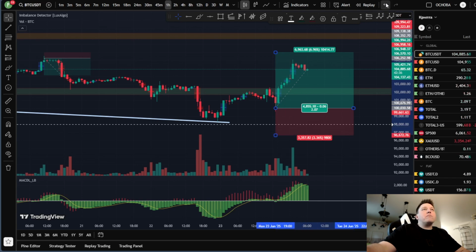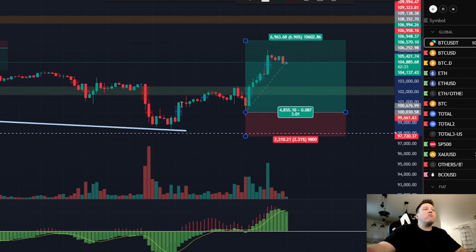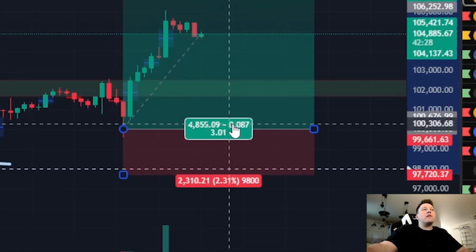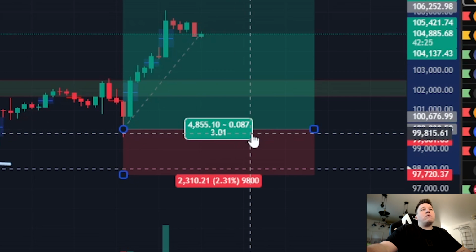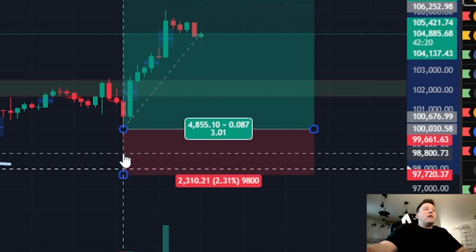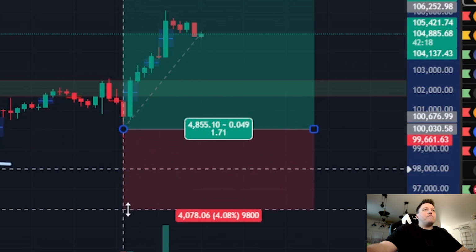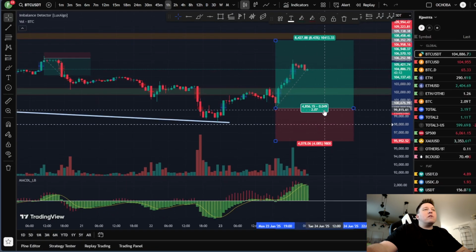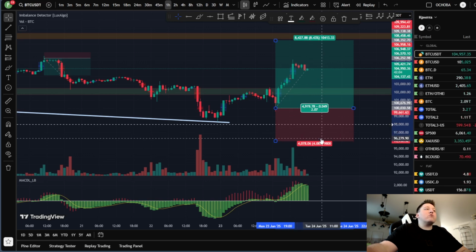So let's go back to 3 to 1 risk-reward, and we should enter with the position size shown here, in this case 0.087 Bitcoin for a long position. If we had a different RR like this one, for example, we would enter the trade with 0.49 of Bitcoin. So in that case, if the stop loss is hit, we will still lose no more than 2% of our account. And accordingly, the take profit level will be shown right here,